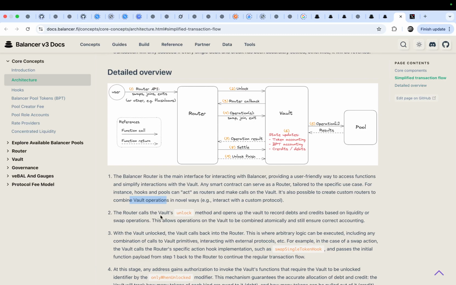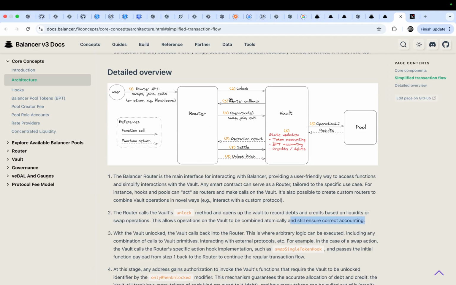The router calls the vault unlock method to open up the vault to record debts and credits based on liquidity or swap operations. This allows operations on the vault to be combined atomically and still ensure correct accounting.